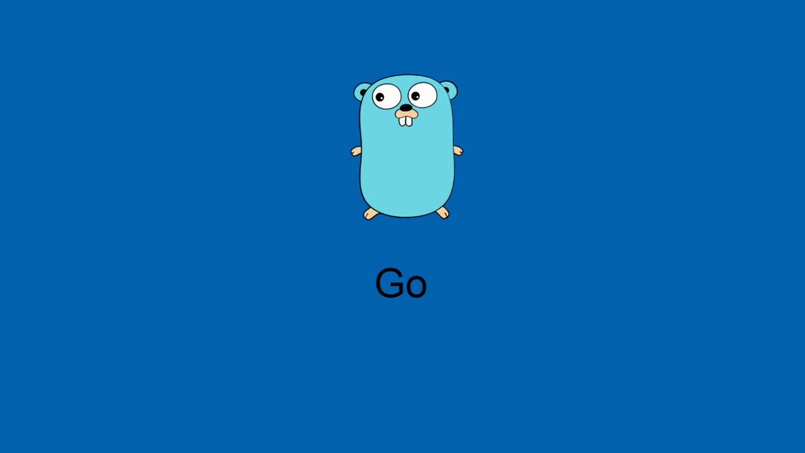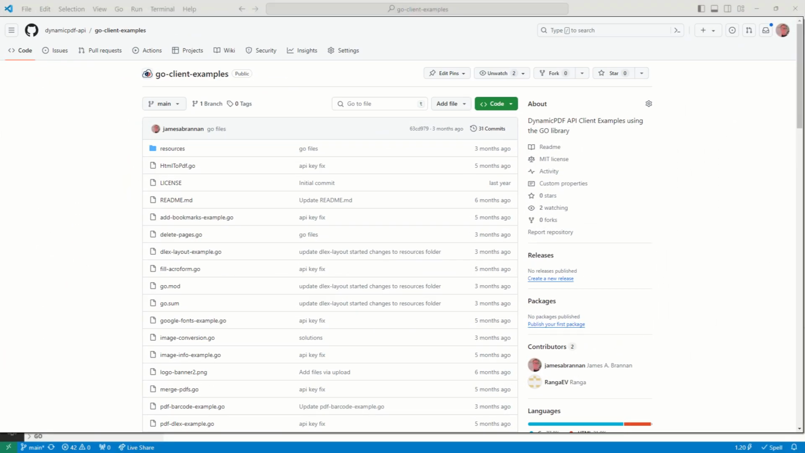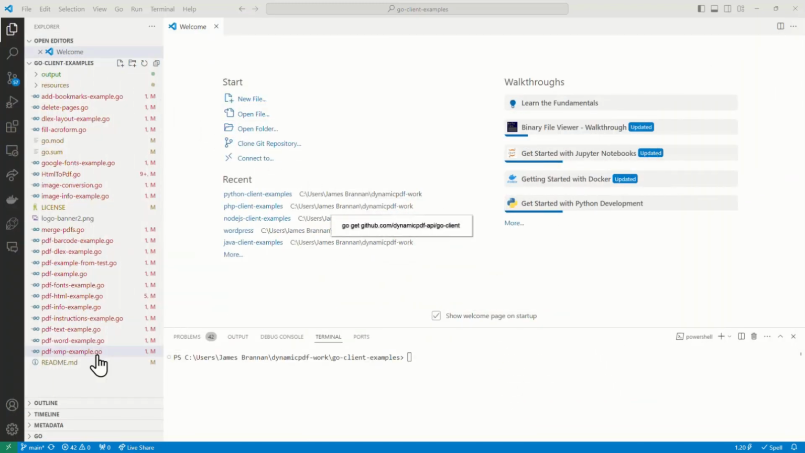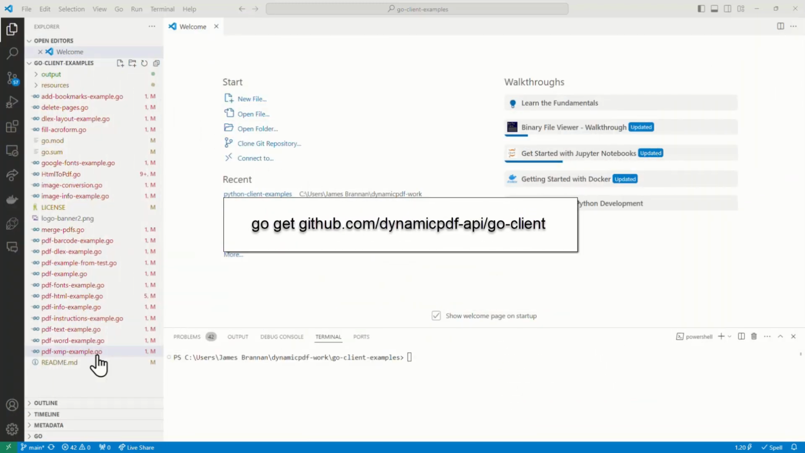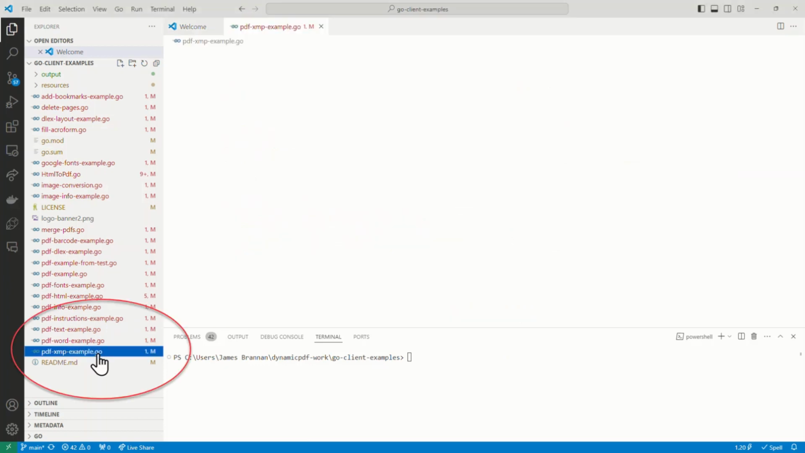Let's consider the example using the Go client library. I assume you've downloaded the Go client examples from GitHub. I also assume you've downloaded the DynamicPDF client API for Go using the following go get command, and that you have the project opened in Visual Studio Code. You open the